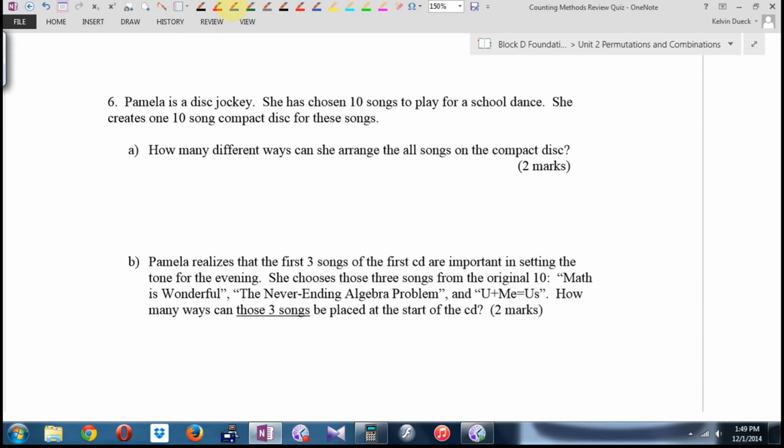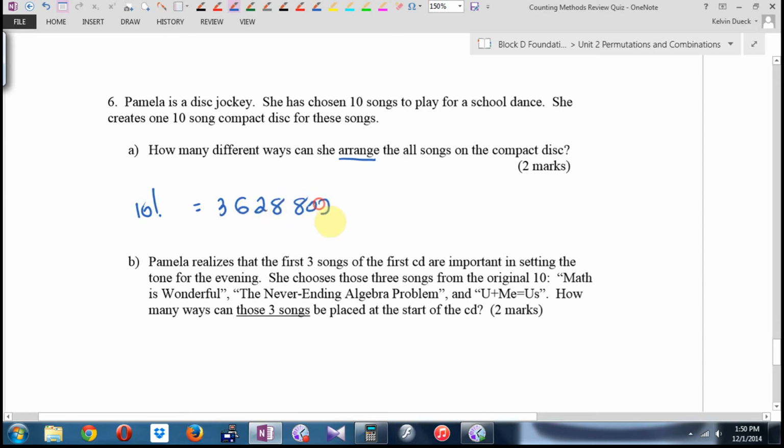How many different ways can she arrange the songs? I think this is going to be 10 factorial, which oddly enough we did earlier. What was 10 factorial? Okay, what's 10 factorial? 3,628,800. Yeah. So you can think about, by the way, on your MP3 players, when you hit your shuffle